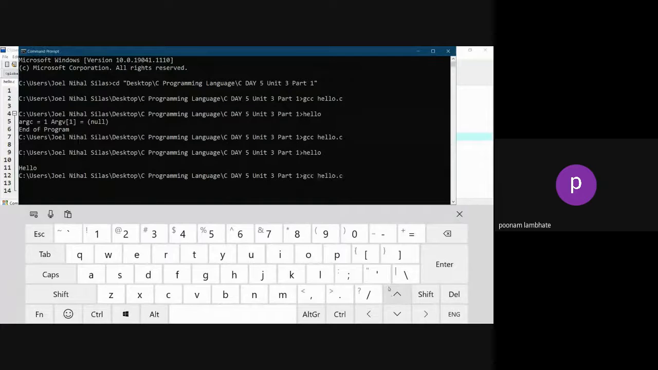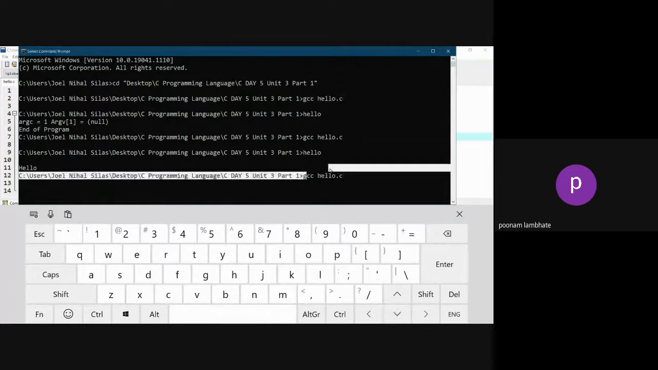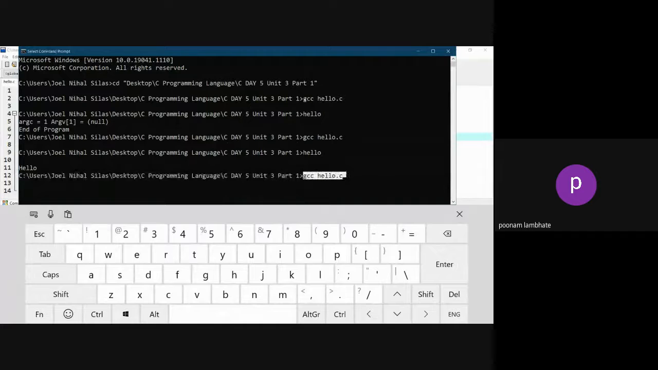Again I click on the upward arrow. Before this hello, what is there? gcc hello.c, so that is appearing. Before this gcc hello.c, what is there? Hello. So again, if I click on the upward arrow, it will go up. If I want to come down, currently I am over here, at the desktop C programming language prompt. If I want to come to gcc hello.c, I will click on the downward arrow. See, I've come to gcc hello.c. If I want to go one step further down to hello,